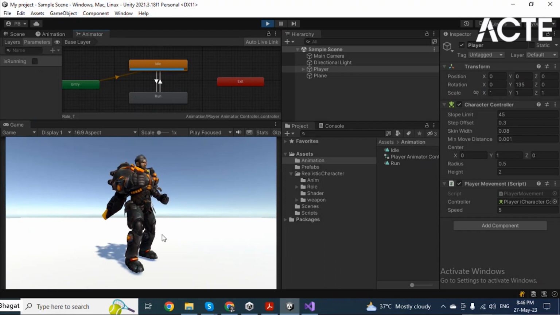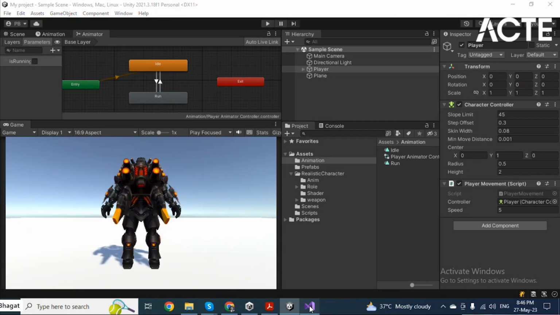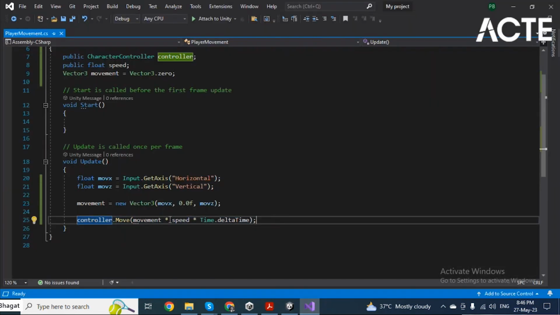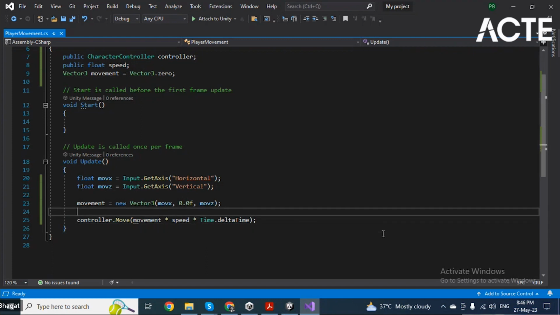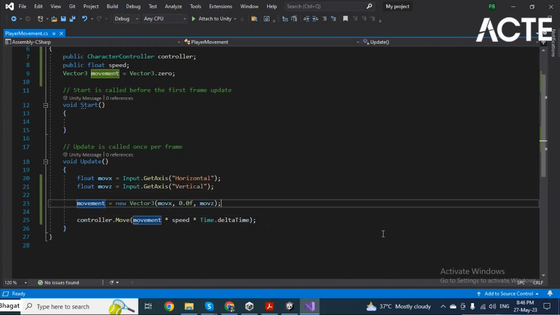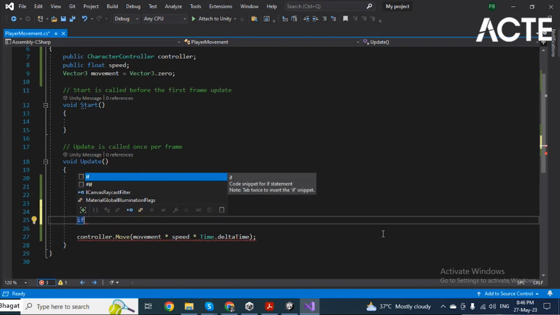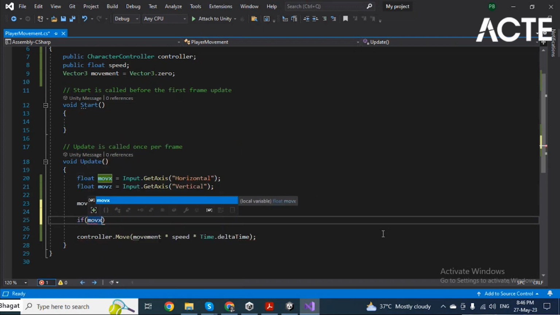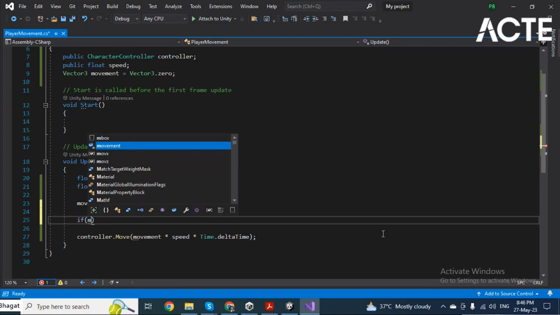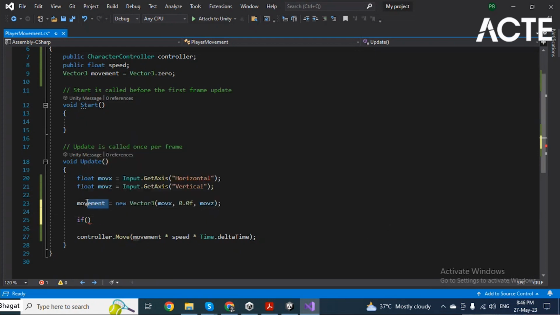Now this selecting or enabling is running, or disabling is running, you have to do it in script. Means when the player is running, means if you are pressing the right arrow key or left arrow key, then it should run, and if you are not pressing any arrow key, then it should be idle. So here, stop this and give one condition. If movement is having some value,